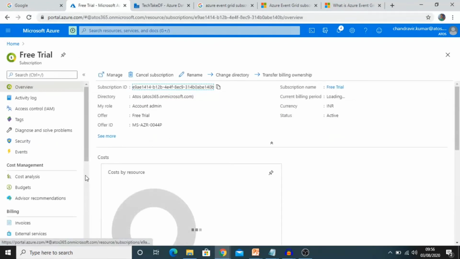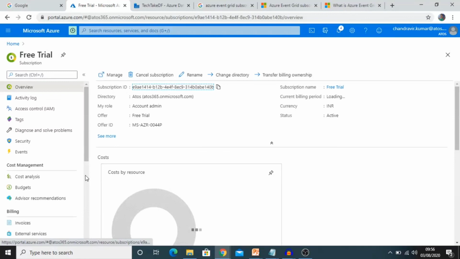First let's check on the free trial resource providers, and search for Event Grid. It's opening. Finally our Azure Event Grid is registered now, and we can move to the trigger file.